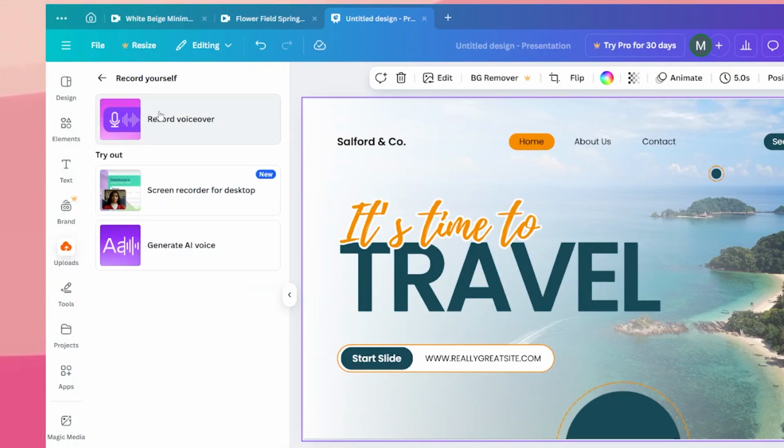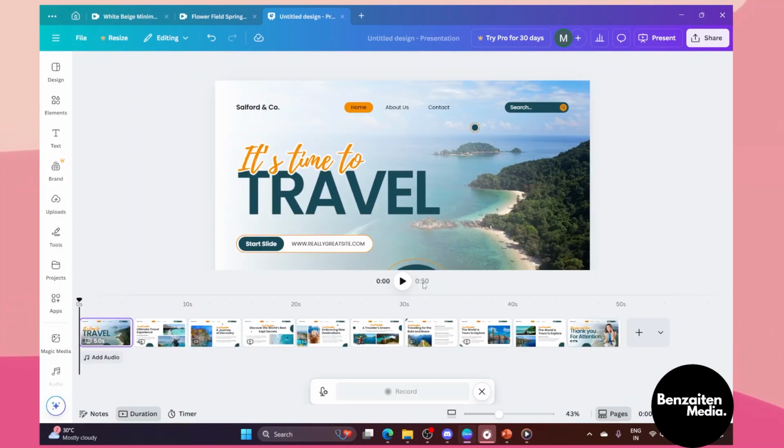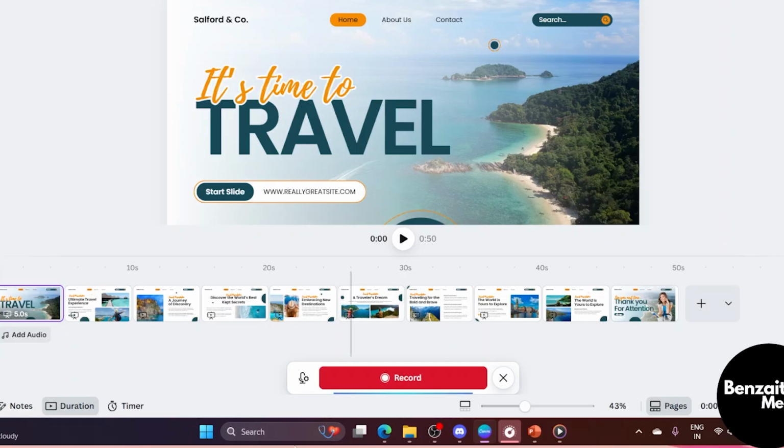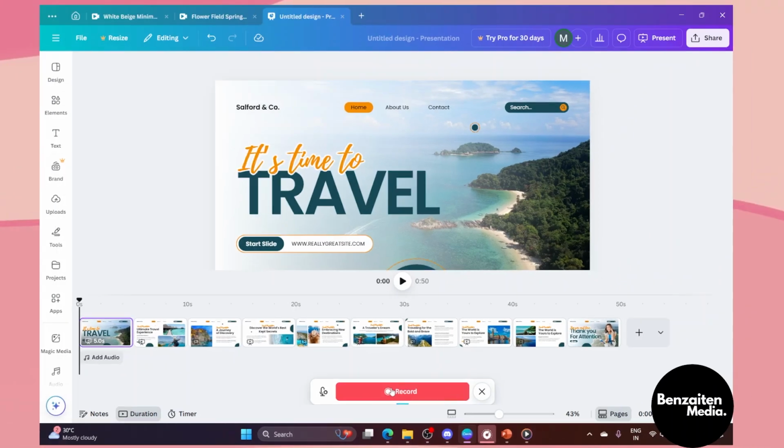Once you click on that, here you will see the first option of record voiceover. By clicking on this, you will see a red button appear at the center of your screen. Tap on it to start, and your voice starts recording. Once you're done with this, click on the finish button to stop it, and after that you just have to